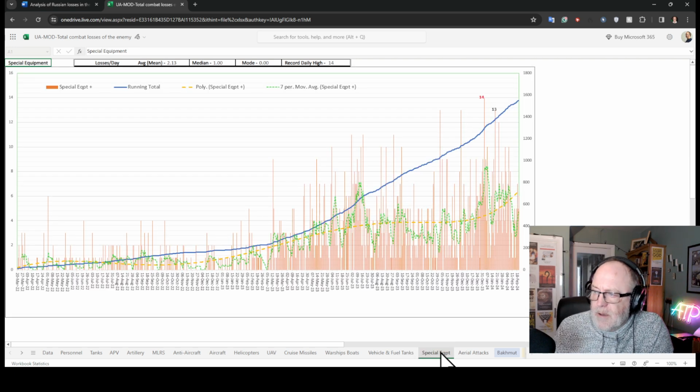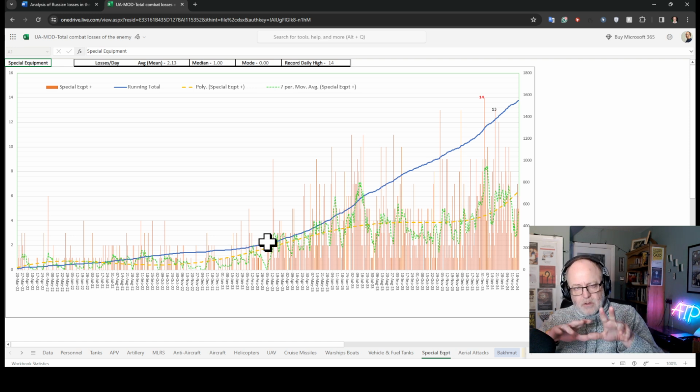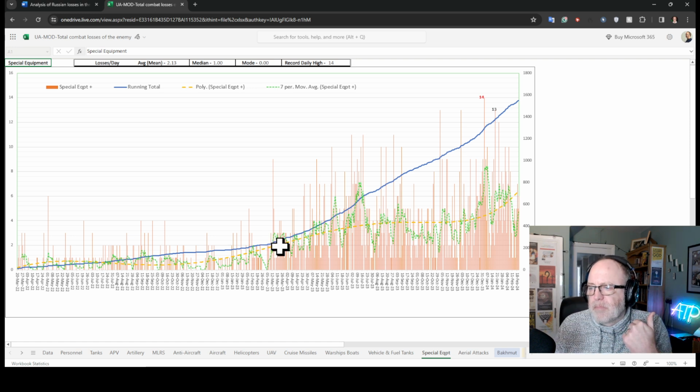Special equipment, again, well, what defines special equipment, but there's a very much steeper line going from March onwards. The story this tells me is that up to that point, say March of last year, the Russians probably weren't using things like excavators to dig trenches. They were just involved in moving their vehicles into Ukraine. And they also weren't using, I think you've had much more evidence of surveillance and comms equipment,